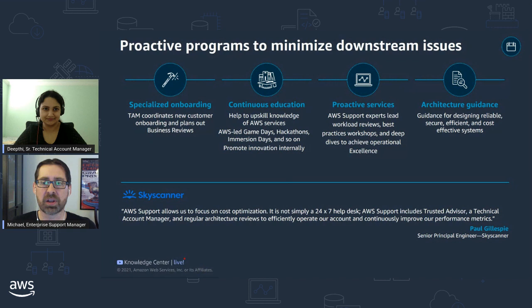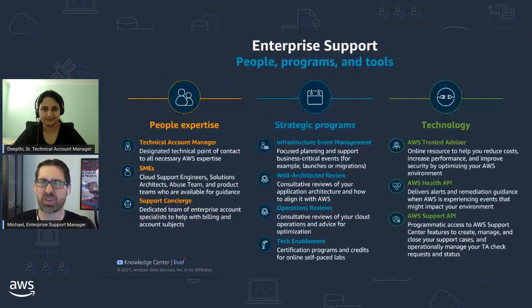Lastly, I'll touch a little bit here about architecture guidance. And this is where typically the SAs on the front end or solutions architect on the front of a project or initiative, and then followed by TAMs during implementation and then post-implementation management support. But those are all kind of fungible. Your account team with your account manager, your solutions architect, and your technical account manager, they all work together to deliver whatever needs to be done. So those roles aren't really exactly static.